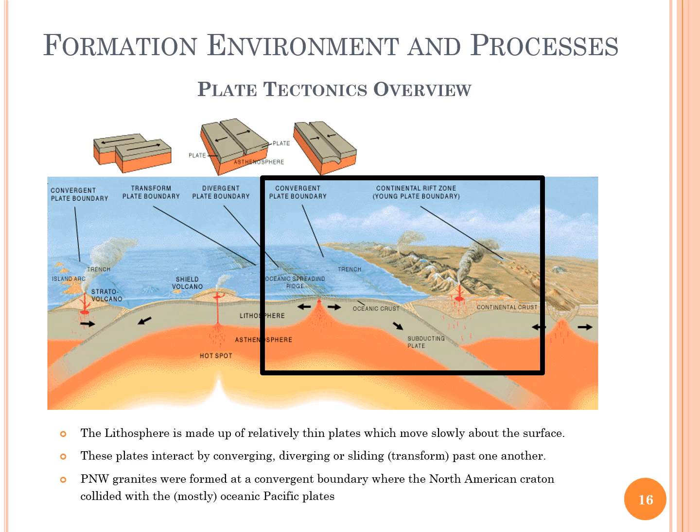Occasionally, these plates will interact by converging or crunching together. And when they crunch together, we have a situation like we're seeing within this box, that the subduction, the pushing down of one plate below another, creates a boundary, much like we have modern day right now in Washington State, with the North American craton, a solid massive plate here represented diagrammatically on the right, and the oceanic crust subducting or diving down below the continental crust here, showing it plunging down to the right here from this oceanic spreading